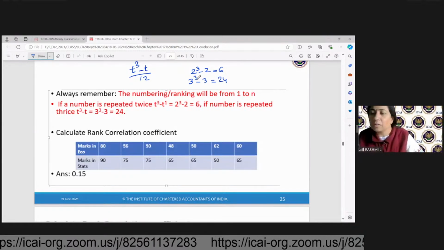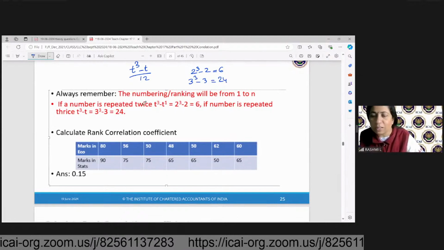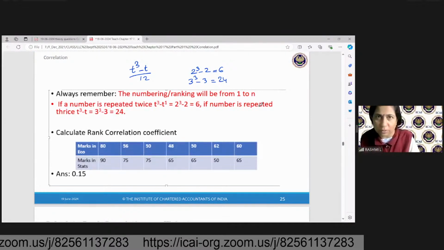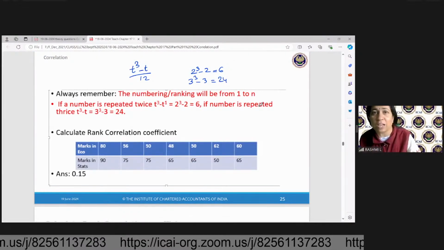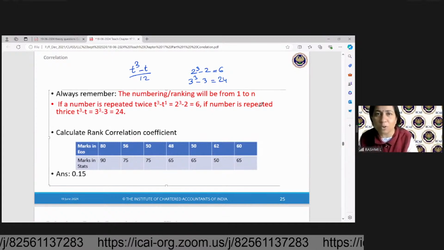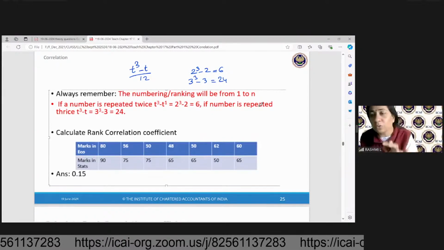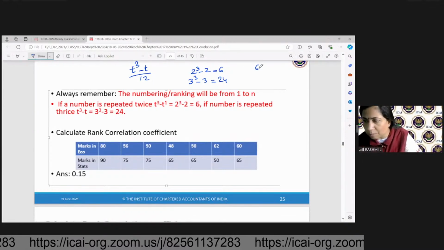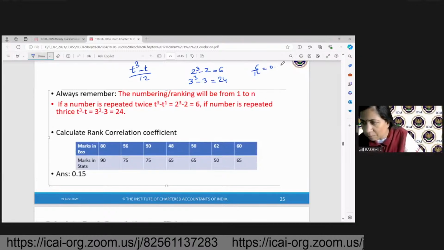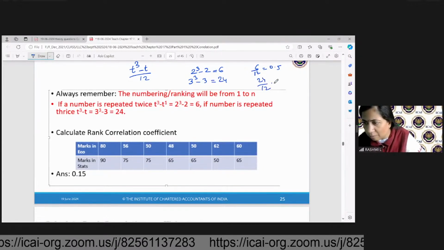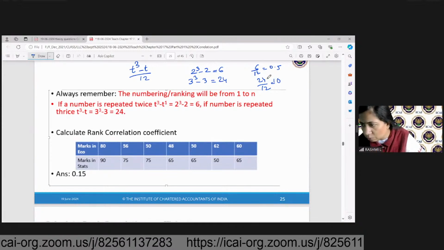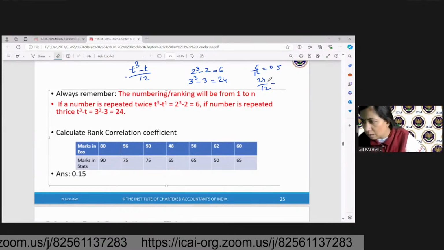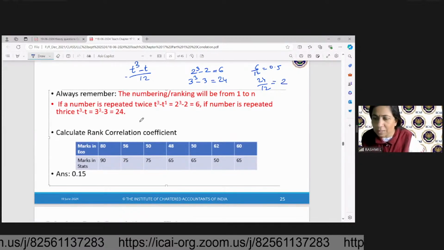I'm just calculating the numerator. So this thing written in red, if you remember, you will never go wrong. They will not ask beyond that, that it is repeated 4 times; if 4 out of 10 repeat, there will be no logic left. So you have to just remember this much. Now, 6 upon 12, how much will it be? 0.5. 24 upon 12, how much will it be? Sorry, 2. Okay, this is 2. Is it clear?